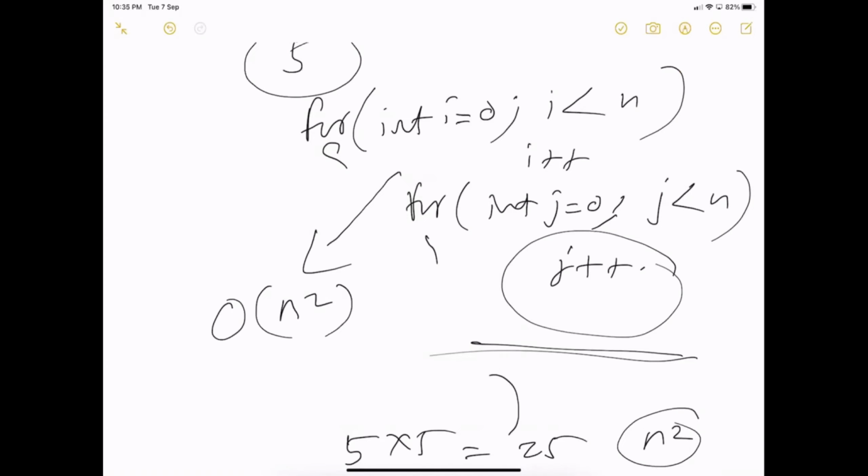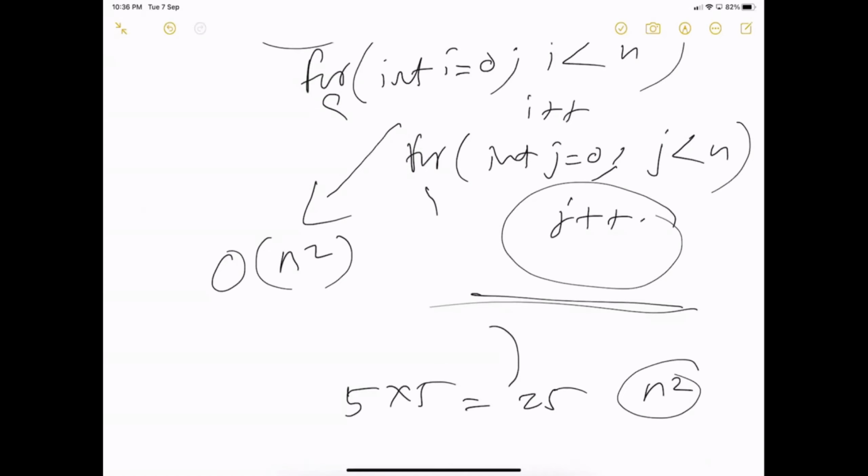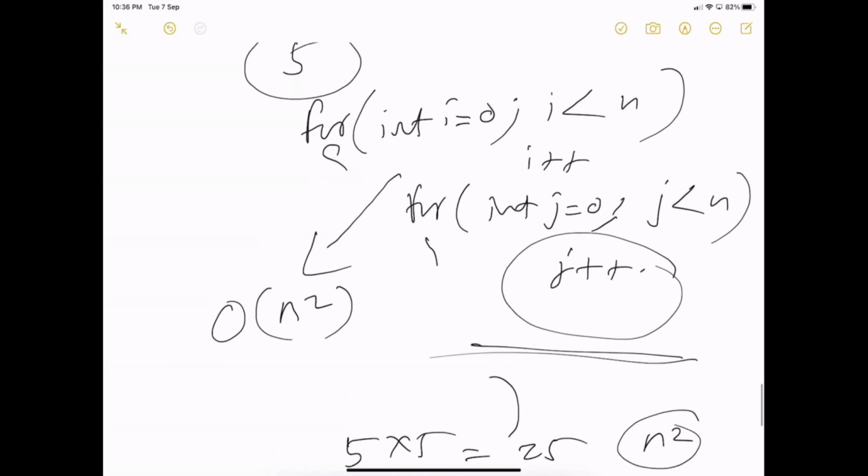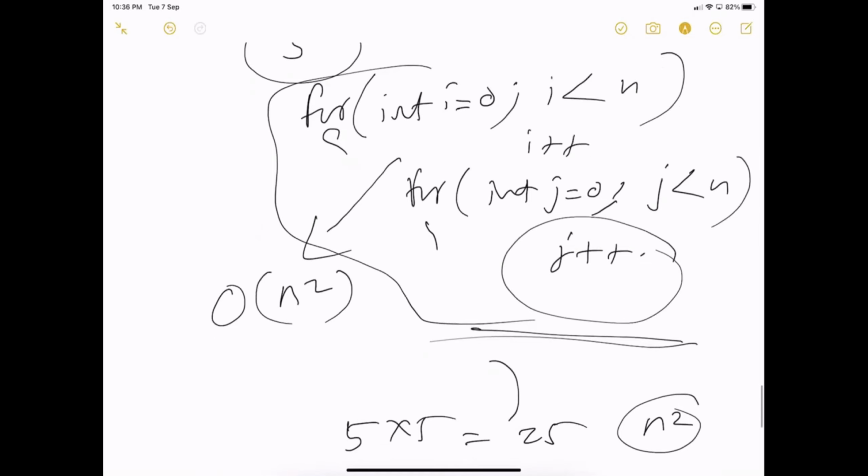Clear until now? How n square is your doubt, right? Forget about n square for now. How many times will this get executed?